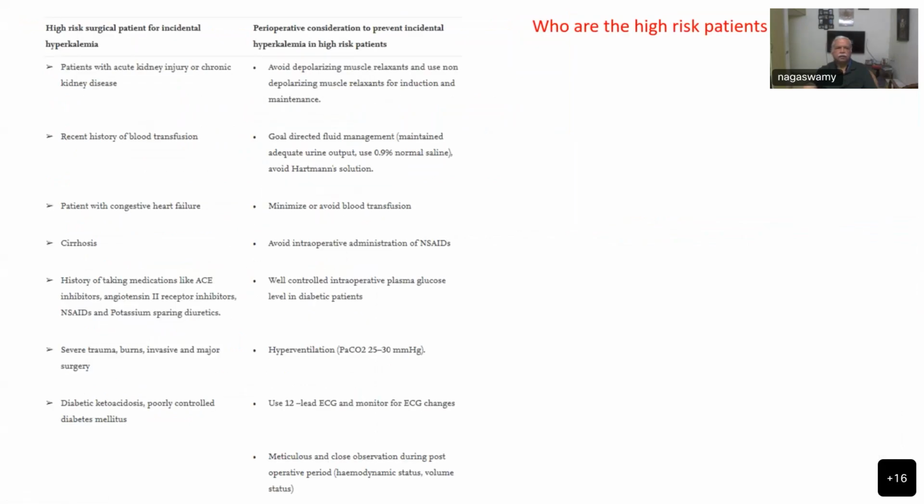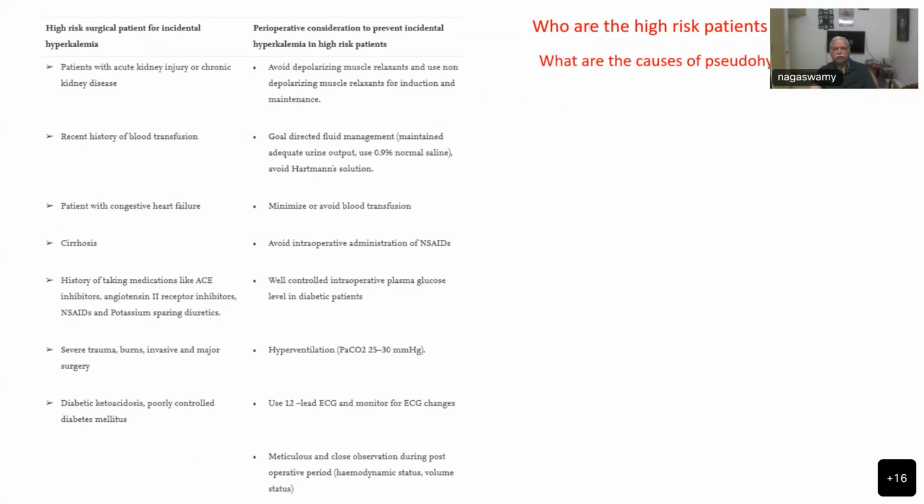Overall, the high risk patients who are surgical patients: they can be with acute kidney injury or chronic kidney injury, or recent history of blood transfusion, patient with congestive heart failure, patient with cirrhosis of liver, or patients taking ACE inhibitors or ARBs, NSAIDs, patient with severe trauma, burns, and invasive or major surgery, diabetic ketoacidosis, diabetes mellitus. So these are all the high risk surgical patients who are likely to have hyperkalemia,